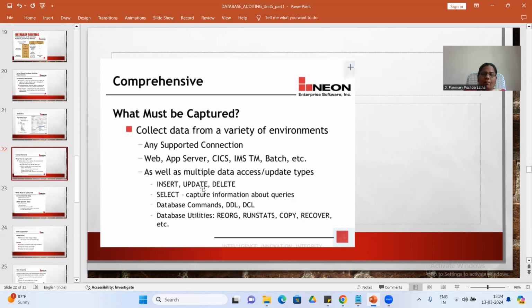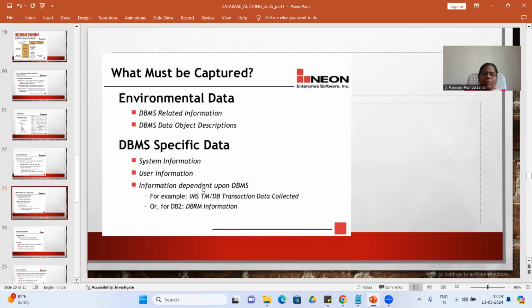Comprehensive means collecting a variety of information from the environment. And what must be captured? It can be environment data or DBMS-specific data: all environment data, DBMS-related information or object descriptions, and DBMS-specific data, system or user information.